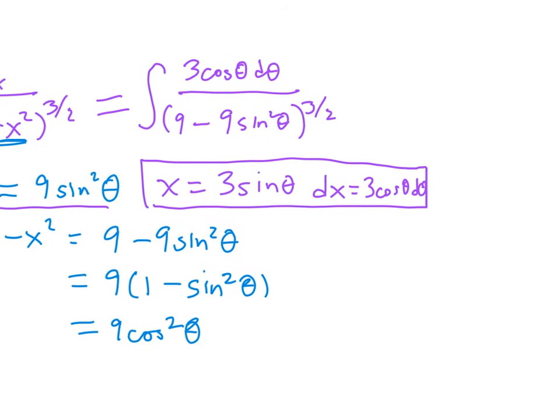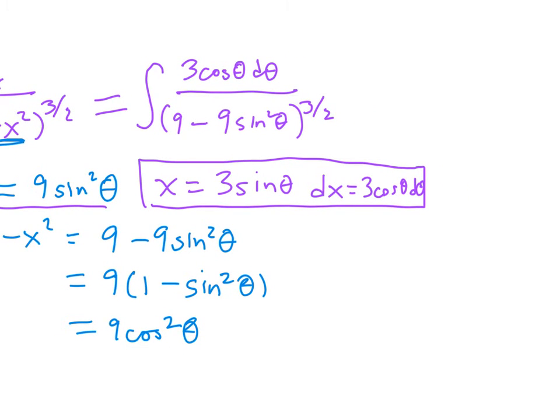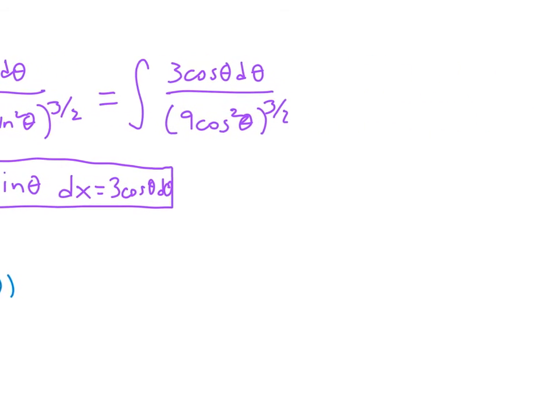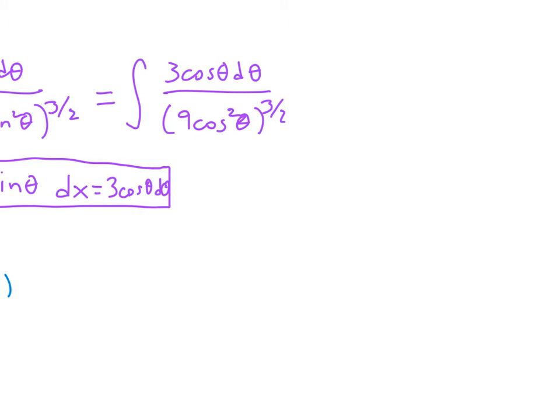And then what's all that going to come out to? That's going to be equal to the integral of 3 cosine of theta d theta over 9 cosine squared theta to the 3/2. Okay, now remember, 3/2 power of something means take that thing, take the square root, and raise that to the 3rd power. So I'm going to get the integral of 3 cosine theta d theta,